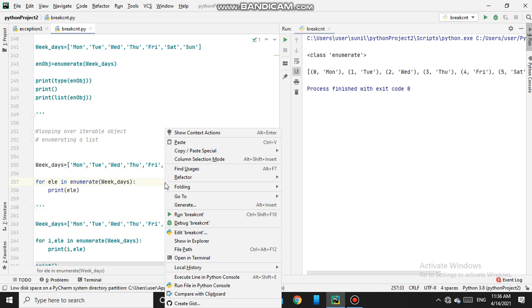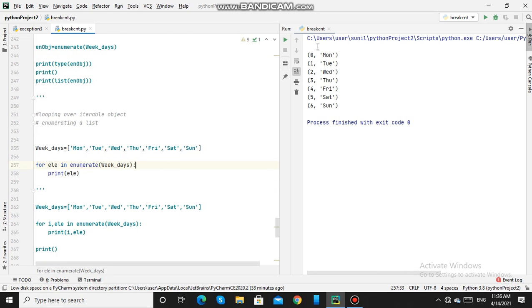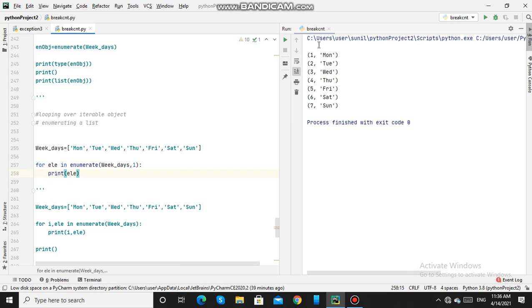We will see that. So it has added a counter to each of these elements and printed. Now if I want to change the value of the initial counter from 0 to 1, say Monday is the first day of the week, so I want to change it from 0 to 1. So I will give 1 here, that is the initial value I will provide here, and run. So it has changed to 1.